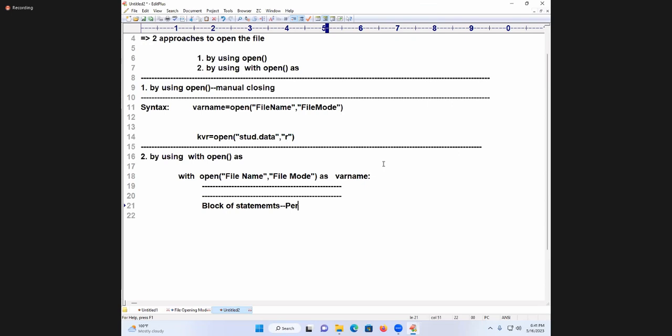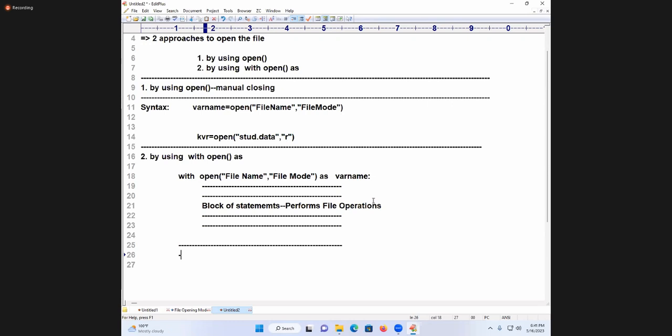File operation. Performs which operation? File operation. Performs file operation. Now done. This is called file operations done. Are you following? Block of statements performs which operation? File operation. Done. After finishing this task, you are writing out of the indentation. This is called out of the indentation. See students, indentation is very important here. Out of indentation of with. Now the speciality of this example is,